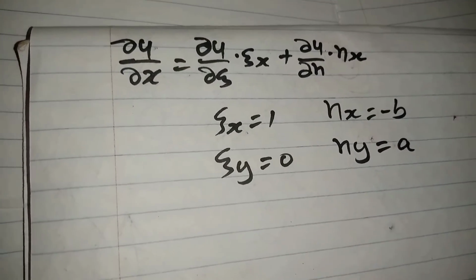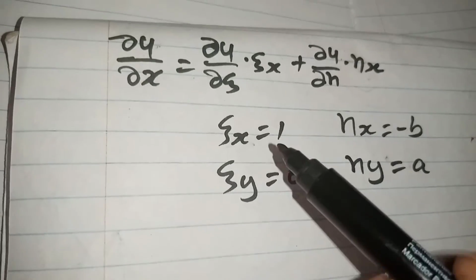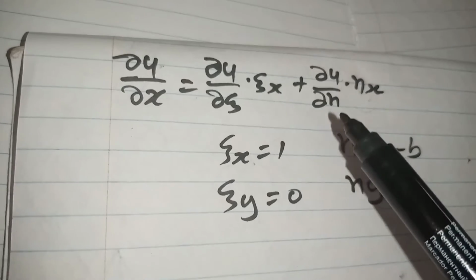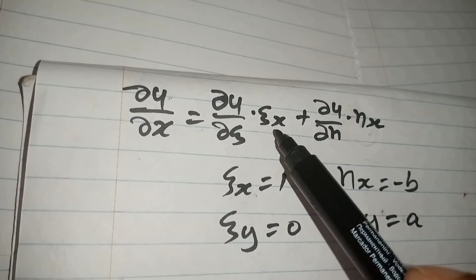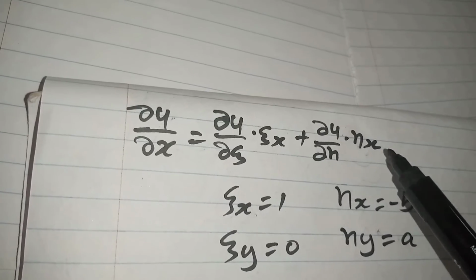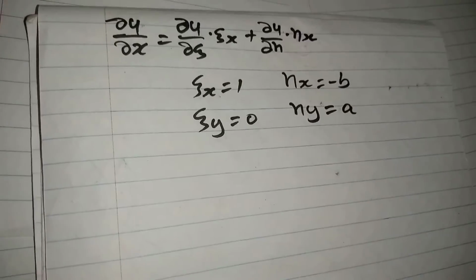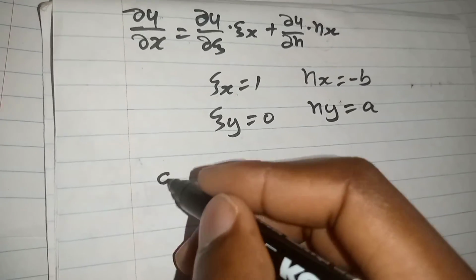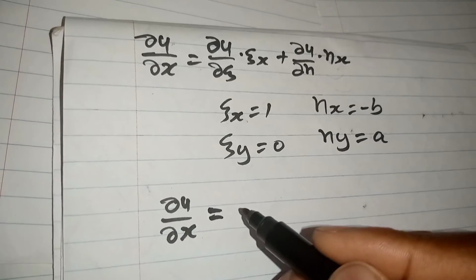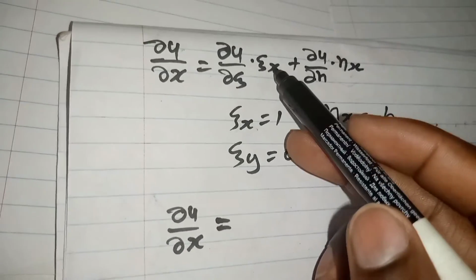Then, because we had obtained the values of xi x, xi y, nu x and nu y, we are going to substitute here. Here we need to substitute the value of xi x and the value of nu x, so that now our partial of u with respect to x